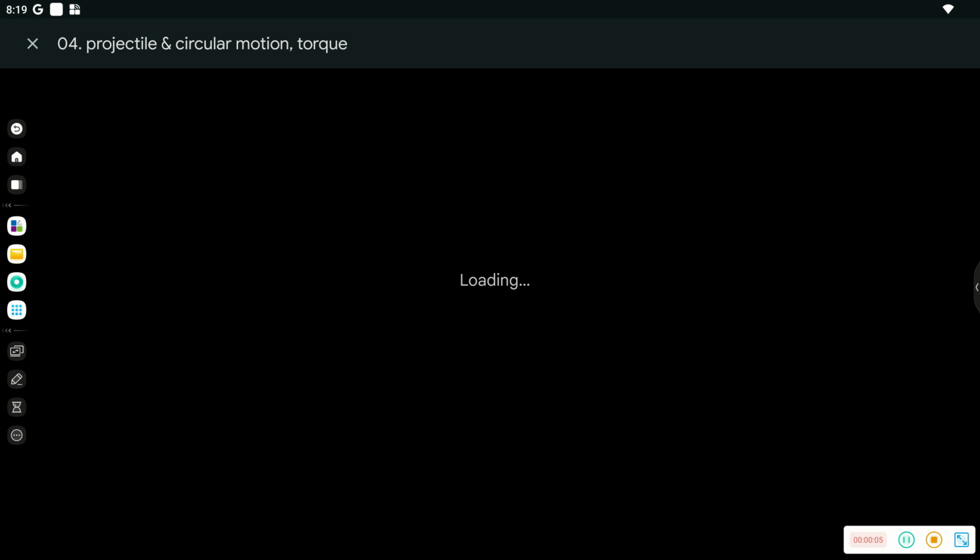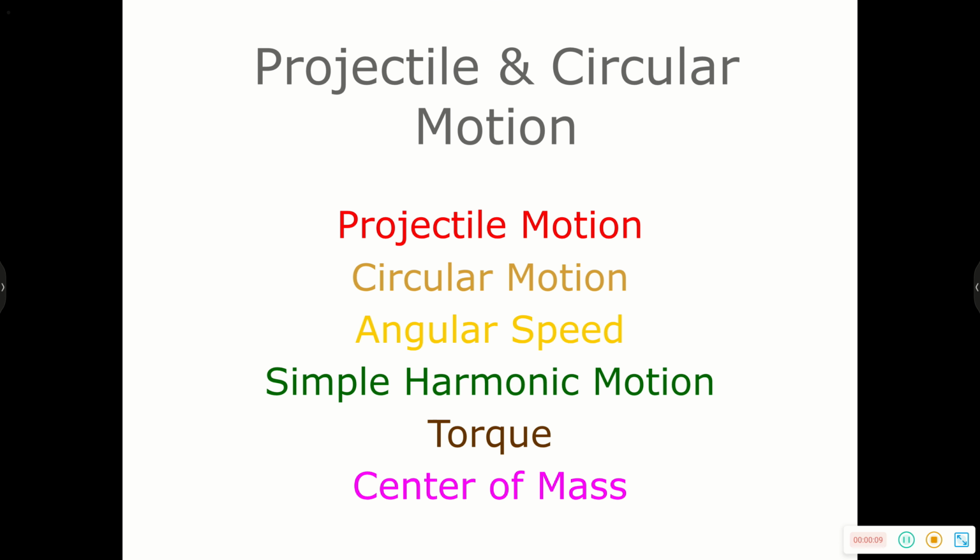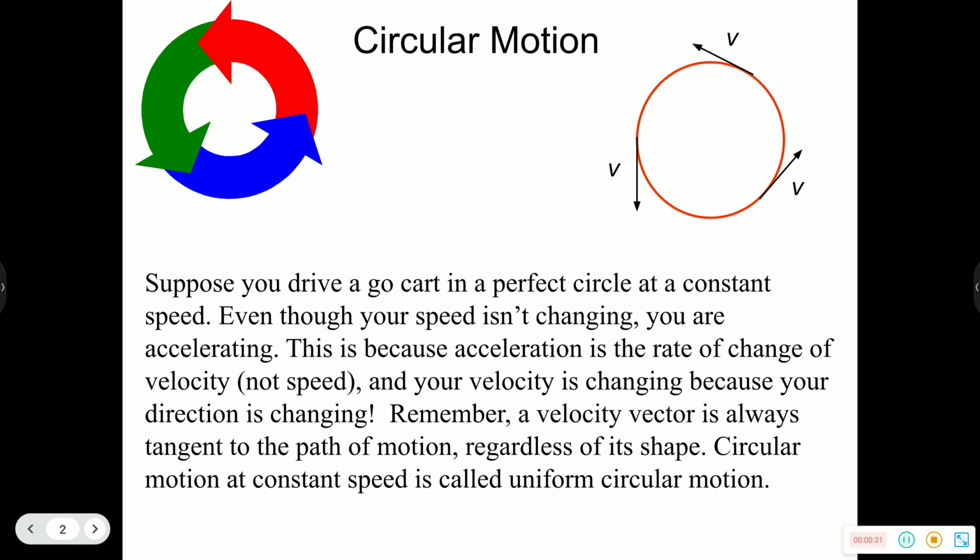So we're going to start the next unit for physics, and it's circular motion. We've already done projectile motion, but now we're going to talk about circular motion, and then eventually we're going to get to angular speed, and then we're going to get to torque as well. We've already done simple harmonic motion, and we've done projectile motion. So when we talk about projectile and circular motion